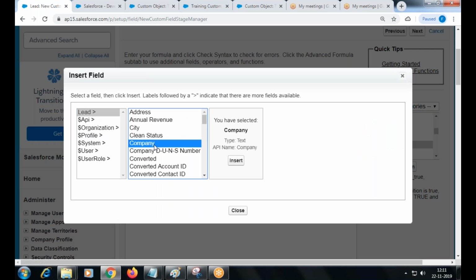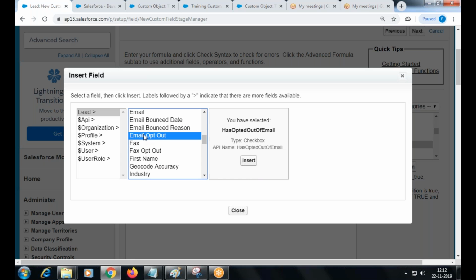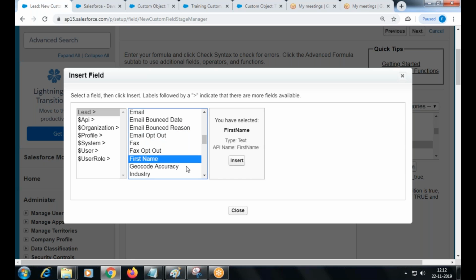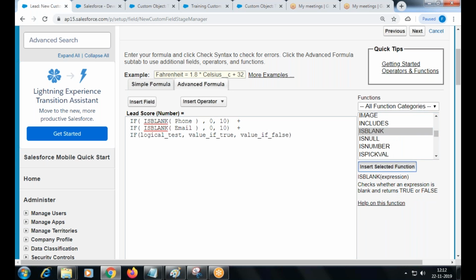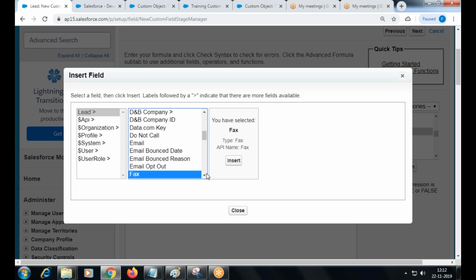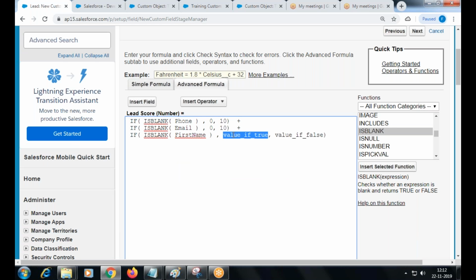I'm going to include name also, first name also. Yeah, first name. Okay, so if the first name is blank, right? So is blank, zero, 10.